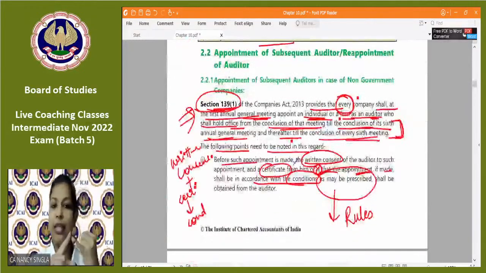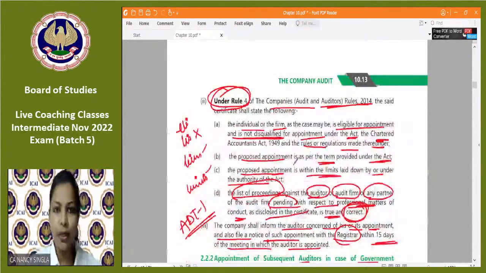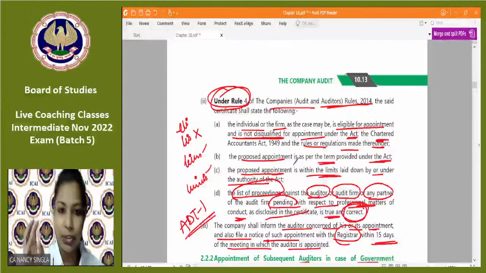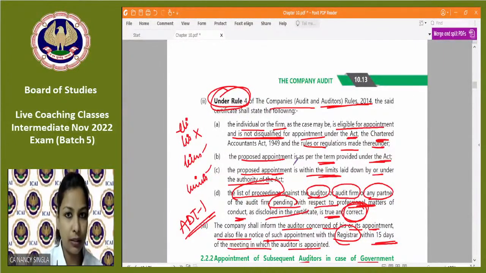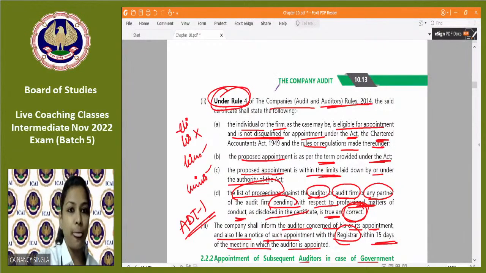कुछ कंडीशंस है, क्या कंडीशन है? देखो कैसे लर्न करना है, रिटन कंसेंट लेना है, सर्टिफिकेट लेना है, दैट कुछ कंडीशंस आर सैटिस्फाइड एज मे बी प्रिस्क्राइब्ड। कहाँ प्रिस्क्राइब्ड हुई है? रूल्स कोड में। सिंपल, व्हाट आर द 4 कंडीशंस? कि एलिजिबल है, डिस्क्वालिफाइड नहीं है, एज पर द टर्म जो एक्ट में है, एज पर द लिमिट्स जो एक्ट में है, लिस्ट ऑफ प्रोसीडिंग्स या तो ऑडिटर के अगेंस्ट, या अगर ऑडिट फर्म है तो ऑडिट फर्म या पार्टनर, जो भी डिस्क्लोज किया है वो, वट एवर आर पेंडिंग विद रिस्पेक्ट टू प्रोफेशनल मैटर्स एज डिस्क्लोज इन द सर्टिफिकेट आर व्हाट? ट्रू एंड करेक्ट, ठीक है। कंपनी की क्या रिस्पॉन्सिबिलिटी है? कंसर्न ऑडिटर को बताएगा दैट यस यू हैव बीन अपॉइंटेड एंड ऑल्सो टू इन्फॉर्म आरओसी within 15 days from the meeting that so and so person has been appointed, ठीक है।